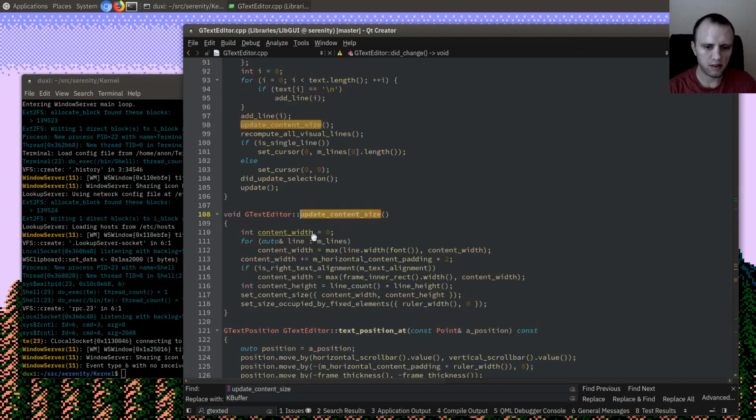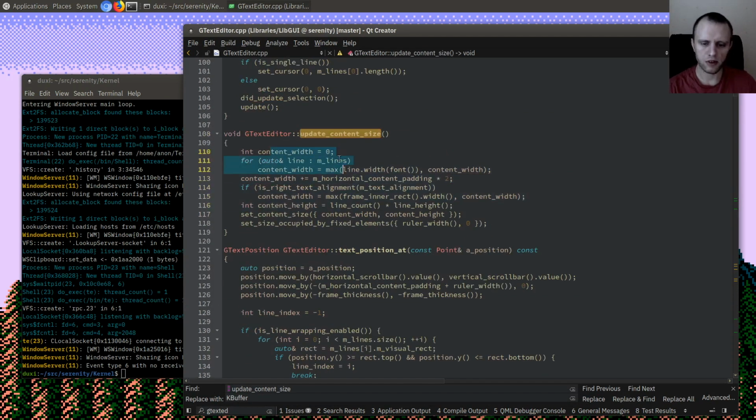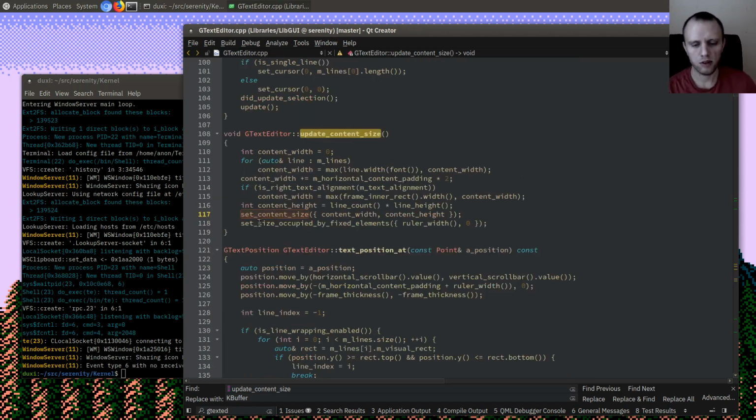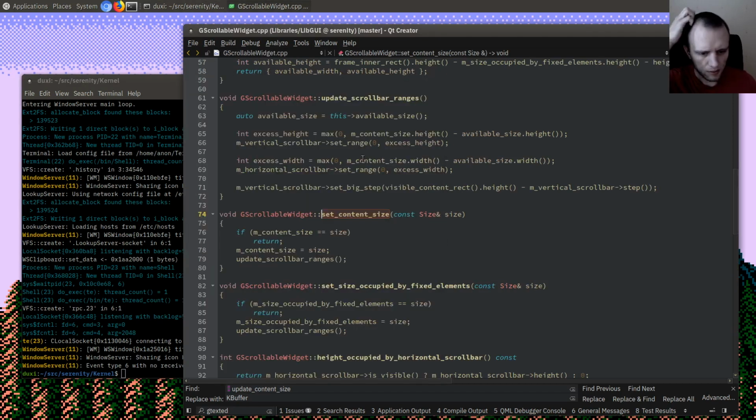So this update content size computes our idea of how big the text content is, and then it calls set content size, which is a GScrollableWidget function. So this is all a little bit confusing. I'm still working out what the right abstractions are, but it's working pretty well so far, because the scrollable widget abstraction is used both by table views and tree views and the text editor, and so that's nice. It's nice to have something where you can get scrolling implemented for free, but it does need a little bit of work, I think. Anyway,